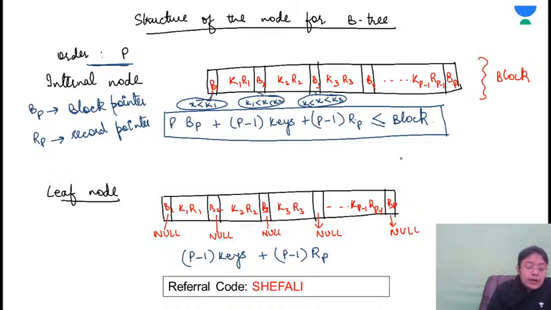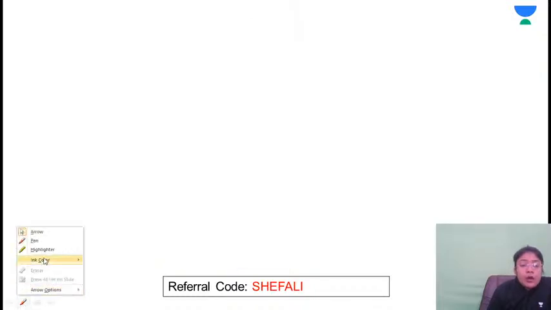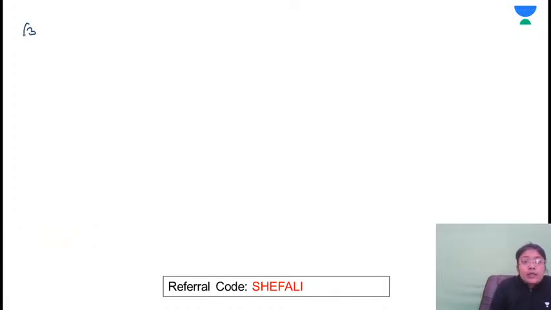This is the basic, and on the basis of this, so this is one point, this is another point. Third point that I have discussed is all the values, all the keys of a node should be in the ascending order. Third point is keys within the node